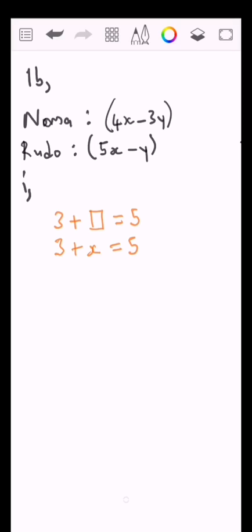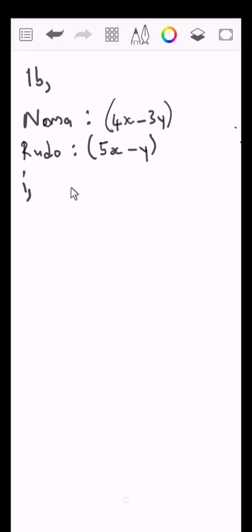What do I mean? The first part wants the amount they have together. To demonstrate what I mean, let us think in terms of money. Noma has $5, Rudo has $3. What is the amount they have together? What do we have to do? Logically, we add Noma's $5 plus Rudo's $3, which is a total of $8. So we apply our everyday knowledge of money and markets to answer question A.